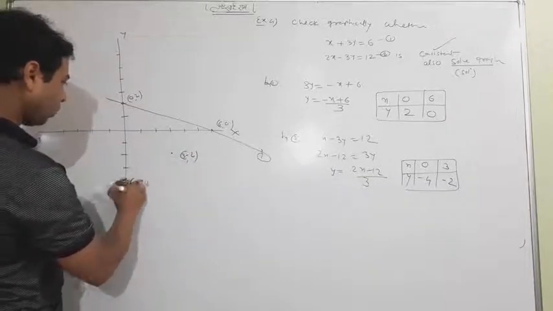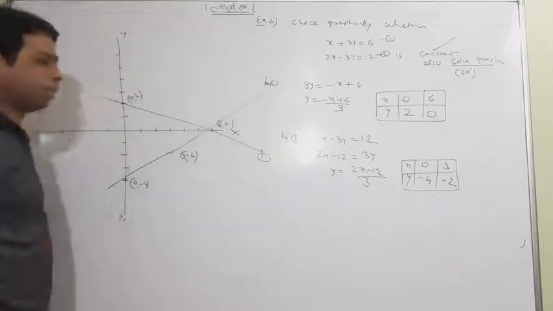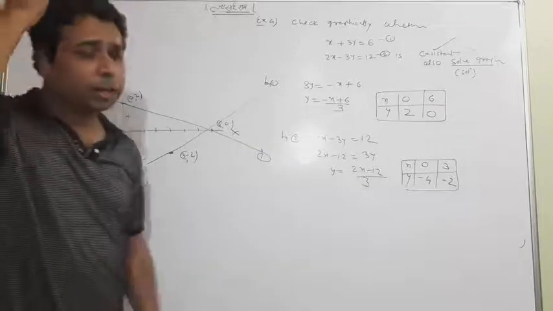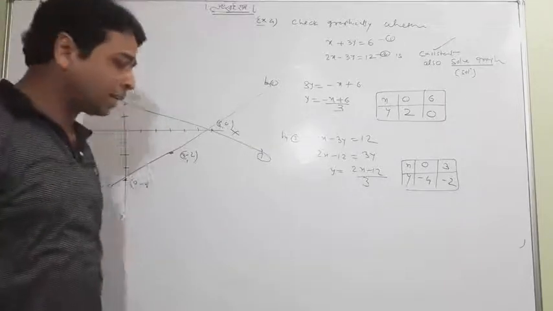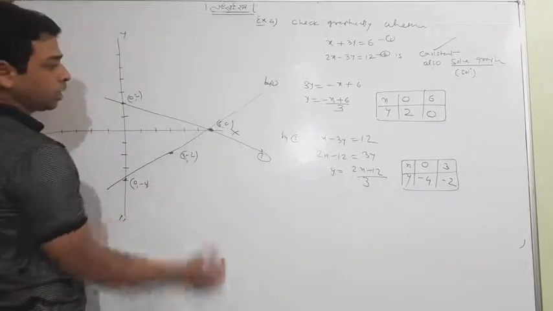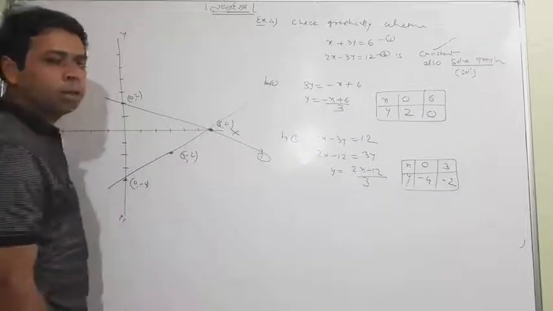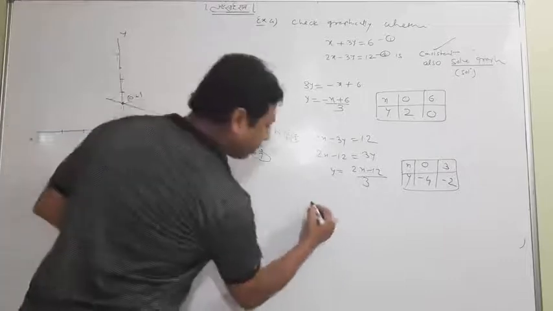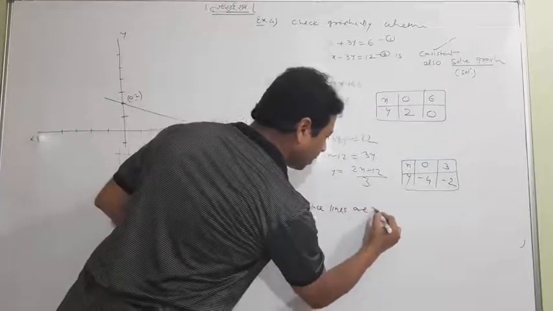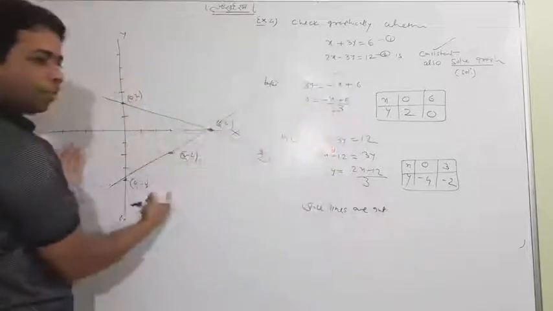Now draw the graph like that. It's a rough picture, don't worry about that. When you make it on graph paper, you will get the exact answer. So suppose it is intersecting at that point. So what do you think about that graph? I'll write that since lines are intersecting, you can see the graph, lines are intersecting.